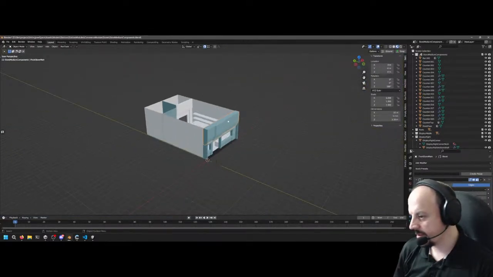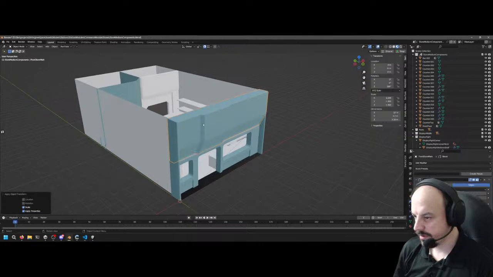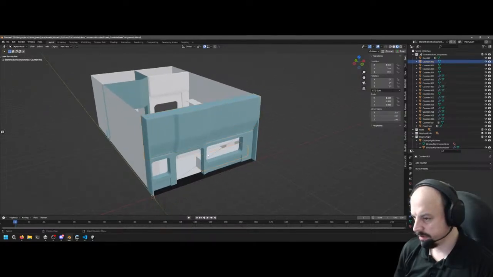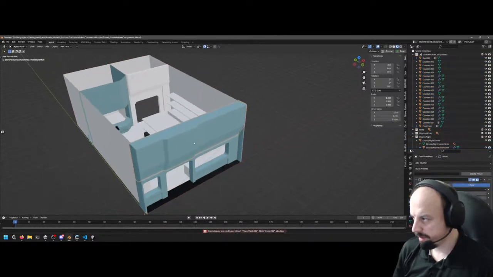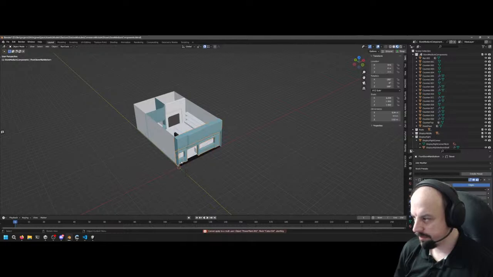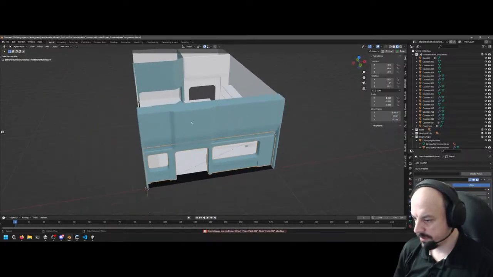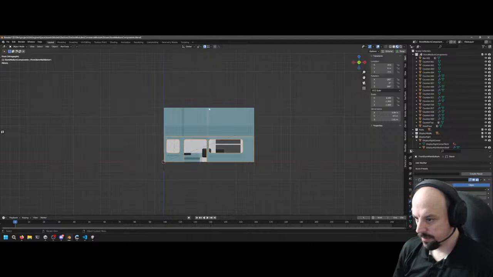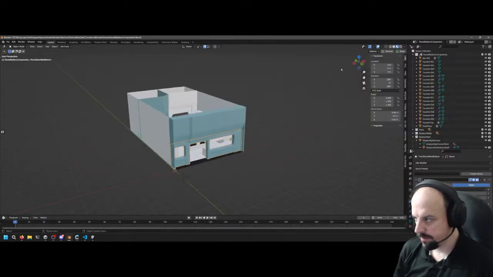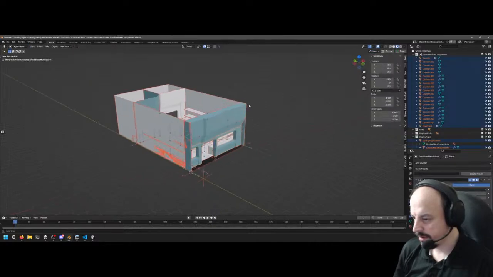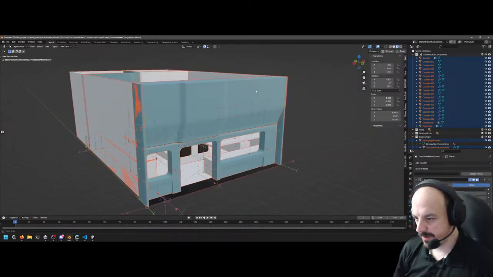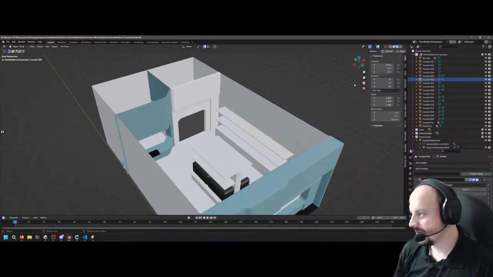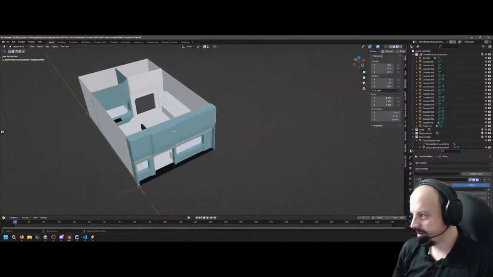Okay, so we're looking for scale -1 issues. Okay, that worked for a lot of them. Christ, I bet you all the origins and everything are not set up. Okay.